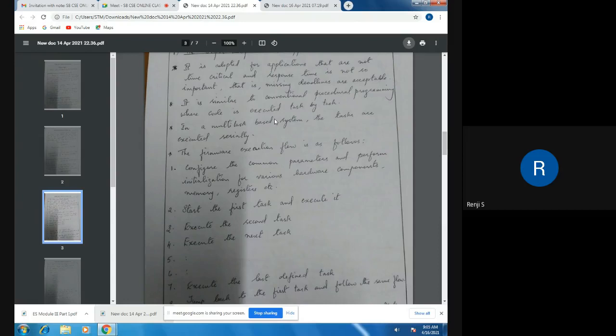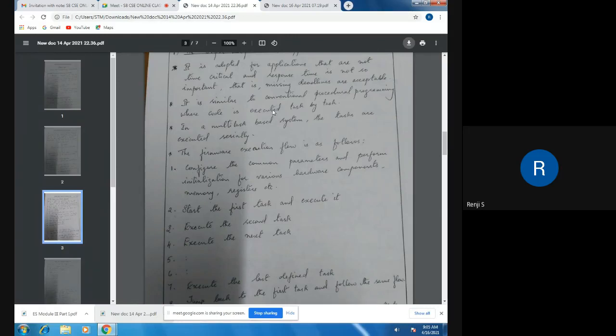And instead of instructions, as in a C program, here we have tasks. We have different tasks that are to be executed by the embedded system. So task 1 should execute first, followed by task 2. Then after task 2 completes, task 3 should execute, and so on. If there are n tasks in the embedded system, the nth task will be executed at the end. And after completing the nth task, it will again come to the first task, and this goes on in a loop. And that is called the super loop approach.